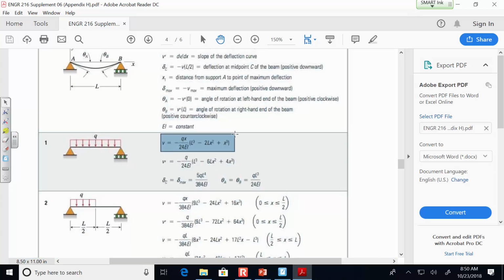There we go. I'm trying to box it. There we go. Look at this expression right here. Look at what the book has versus what we got. Okay? Let's take a look at that. Well,